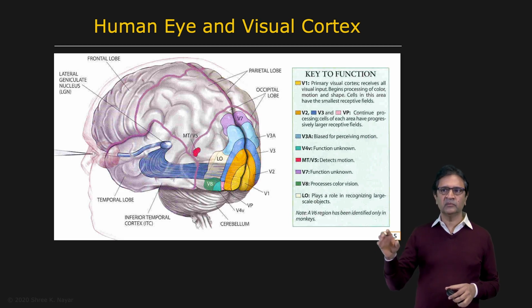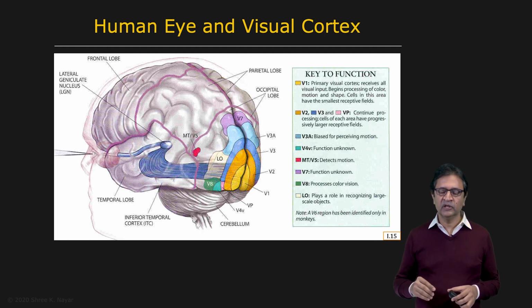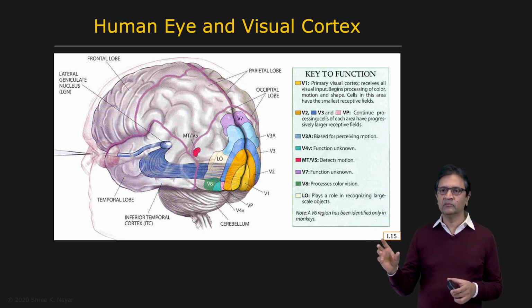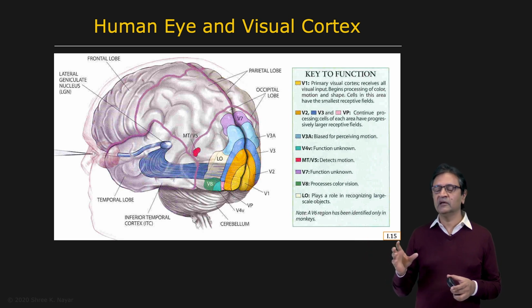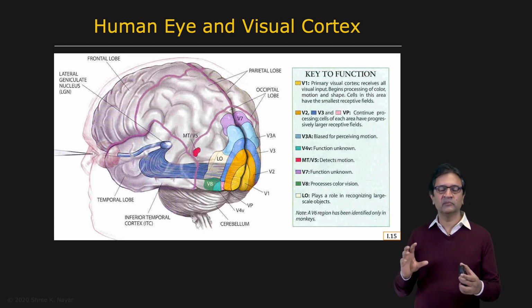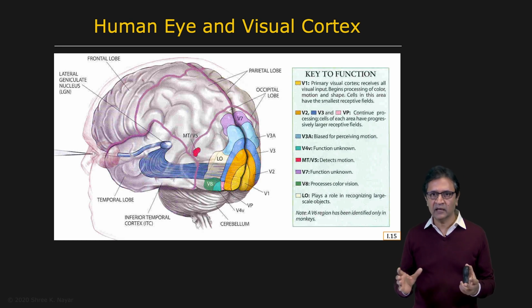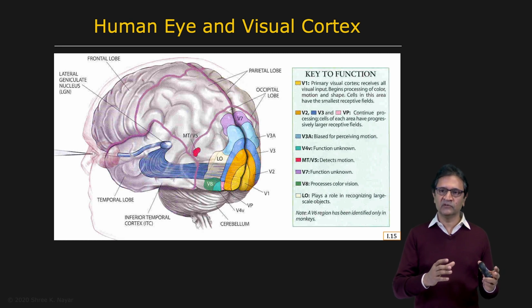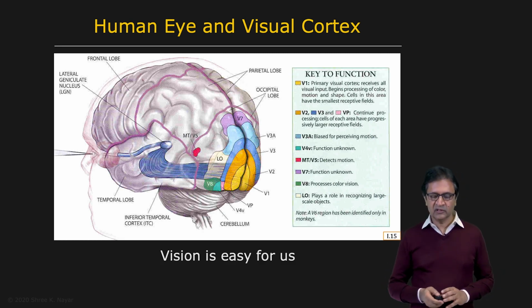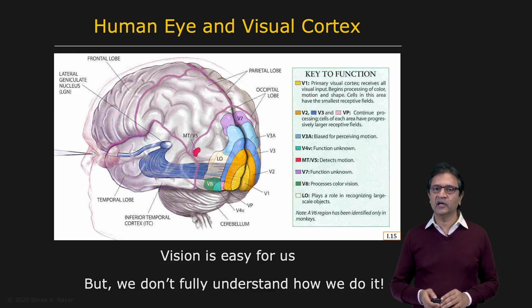So there's a lot we know about the human visual system, and yet it's amazing to me how little we know. We know, for instance, roughly where motion analysis takes place, but we have no idea exactly what the circuit diagram, if you will, is of that particular part of the brain. We don't know how the neurons are connected to each other and what their weights are. So we don't have a detailed architecture or a circuit, if you will, that can be mapped to silicon, so we can emulate the human visual system. So in short, vision is easy for us, but we're very far from understanding how we actually do it.